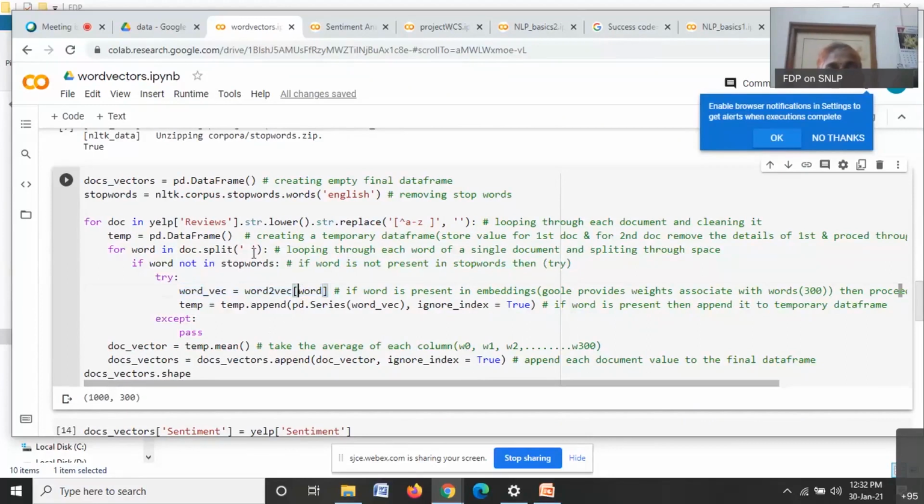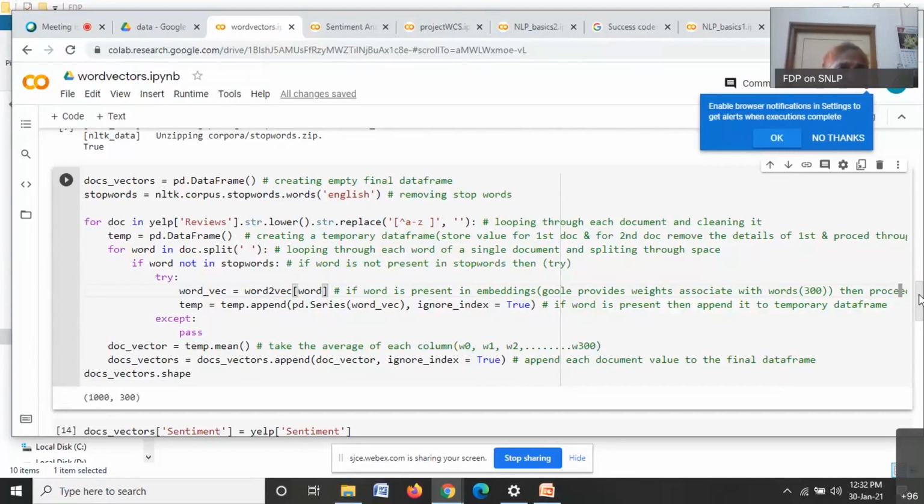This is because they consider very large text, and when they consider very large text, there is little chance that a word gets missed. But in spite of that, yes, some of the words, especially when you are considering code mixed text, many words may not be there. The word embedding or Word2Vec that we are considering here is from Google News.